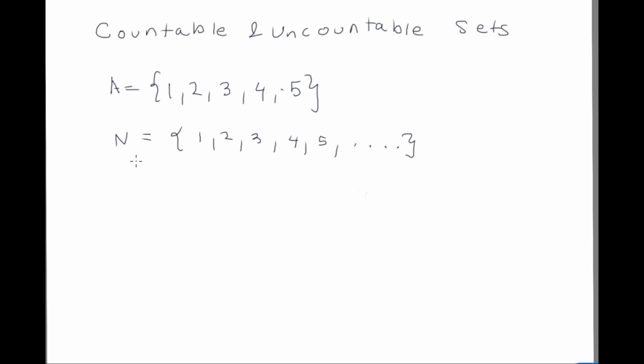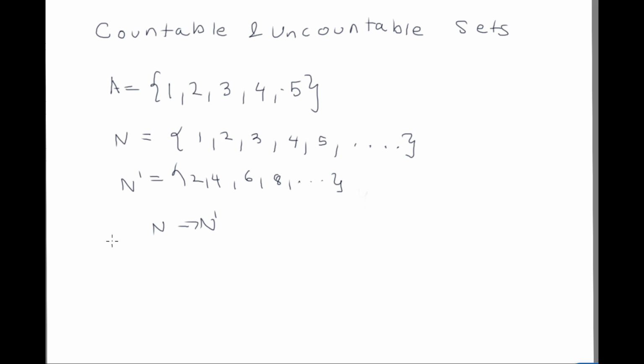A set is said to be countable if it has the same cardinality as the set of natural numbers, even though the cardinality of the set of natural numbers is infinite. For example, let us create a set of even natural numbers N', which are equal to 2, 4, 6, 8, and so on. Now we can create a bijective mapping between N and N'